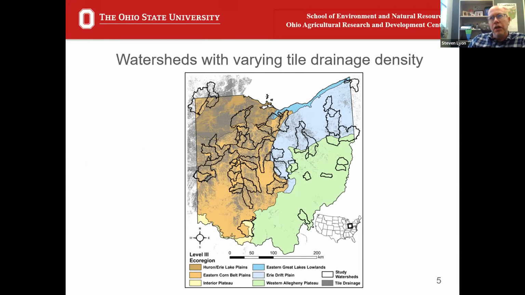And so we started looking at some USGS geological survey data, so some stream flow data, and then about 60 watersheds. Here in this image, these black squiggly lines are the outlines of watersheds across Ohio, where we have continuous stream flow data available from the USGS. That gray smudgy color here, then that's that high resolution imagery or that modeling that I talked about earlier, showing where tile drainage is. So we actually just intersected those two things. We said, what's the percentage of tile drainage in a watershed, and how does that stream flow look historically?